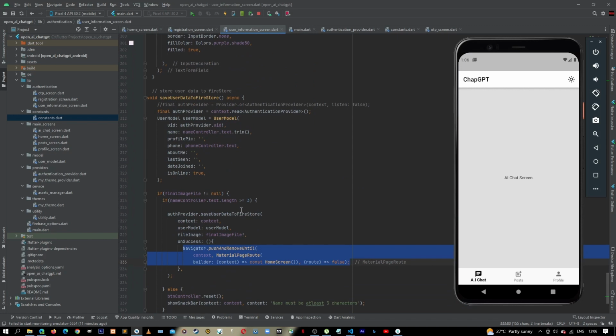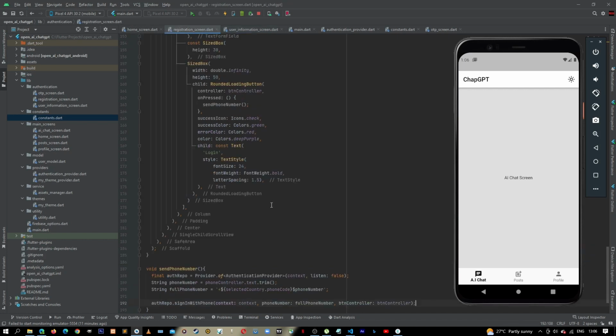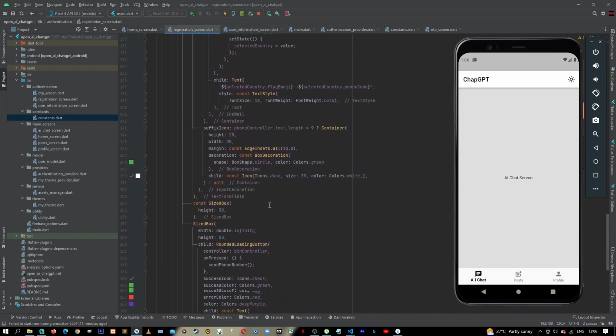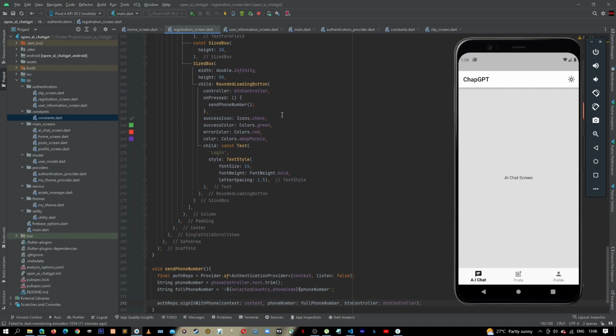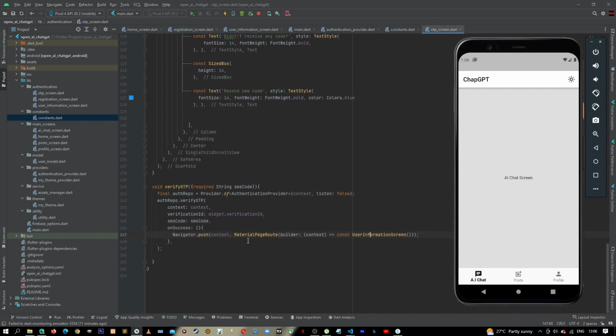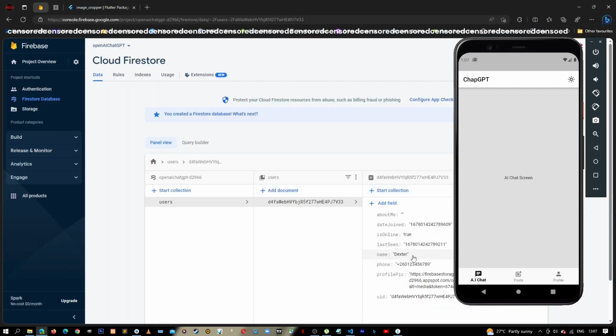Now we need to do more things here, because when we come to our registration screen and go to our OTP screen, after we enter our phone number here on successful, it should not always take us to our user information screen, because for example, now I have signed in with this user which is Dexter. If I log out and sign in again in my application, I should not